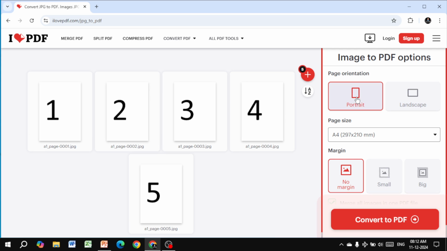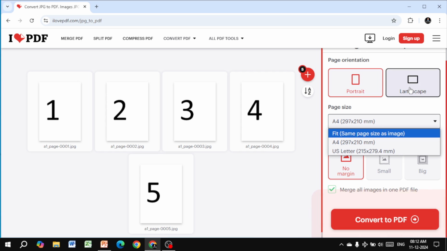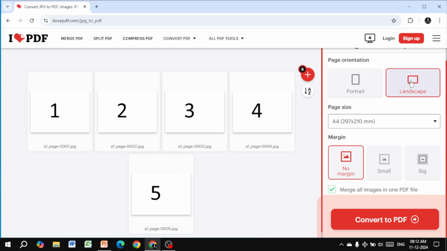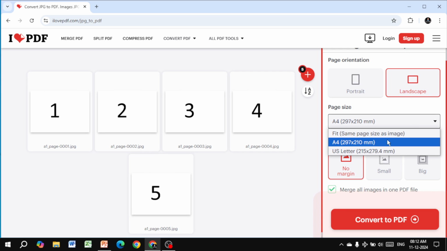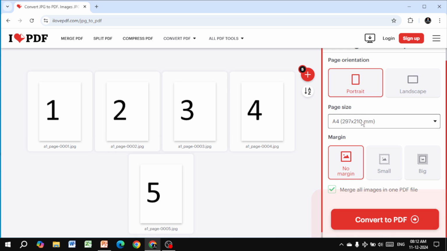So I choose portrait, and you can also click on this page size. So you can choose the page size which you want. If you want landscape, then select this, and if you want portrait, then click on